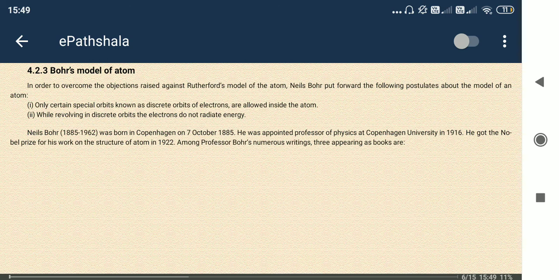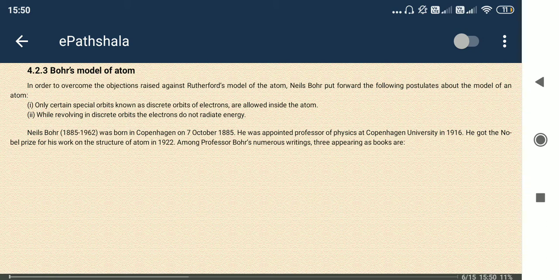So the next one is Bohr's model. He mainly discusses the nature of the movement of electrons. I have said already that electrons revolve around the nucleus. So what is the actual pathway of the electrons' movement? That is described by Bohr's model. What he said is that the electrons revolve in a specific circular pathway having a specific radius.